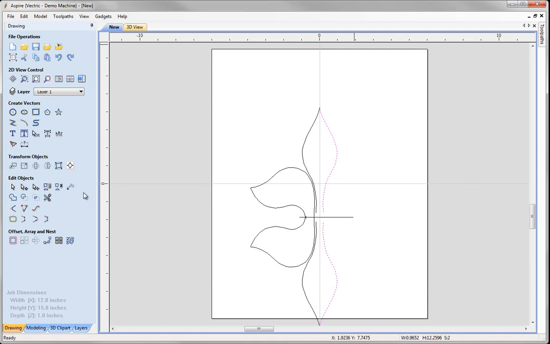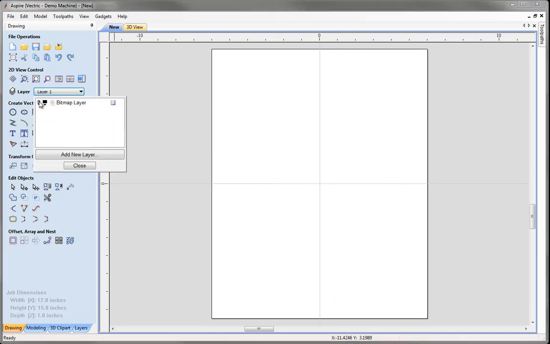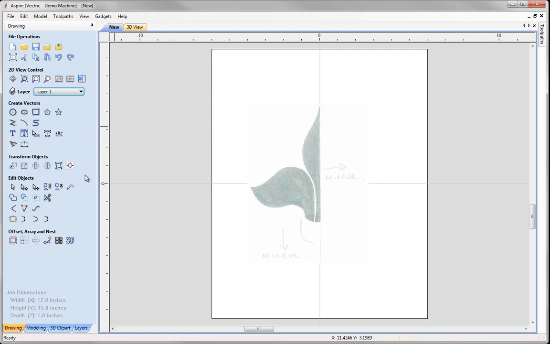So now we would continue editing these vectors. In this case though, I'm going to shortcut this process so we can move on and start showing you some of the enhancements with the modelling tools. I'm just going to click and drag to select the vectors we've created and hit delete. I'm going to switch on the bitmap layer again. The reason for that is I want to show you the set of vectors that were finished off using this